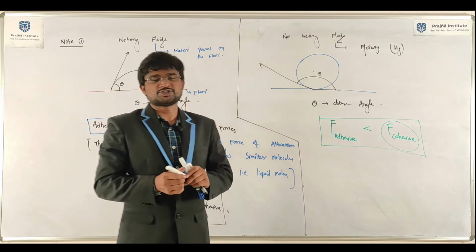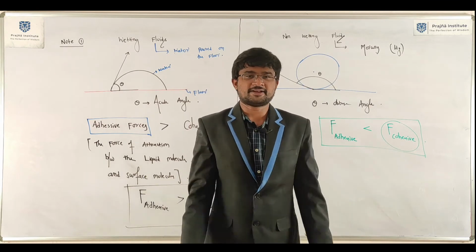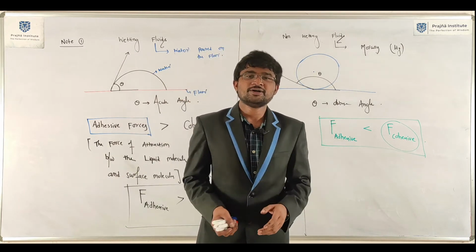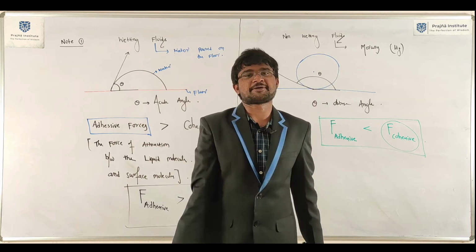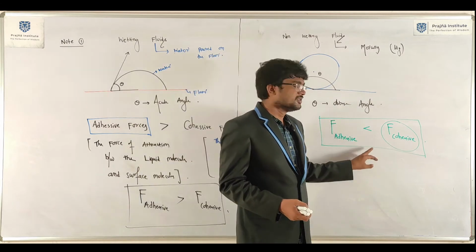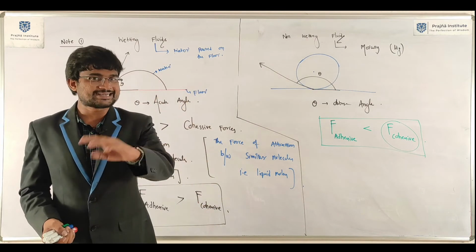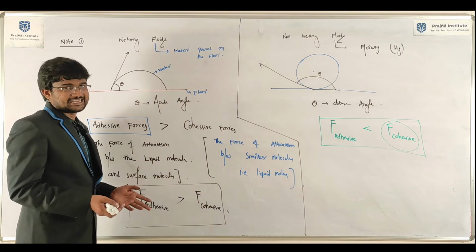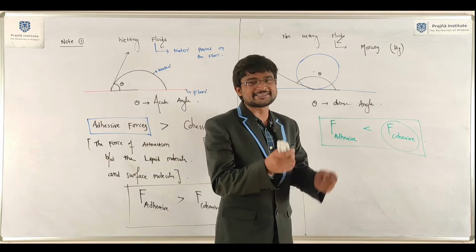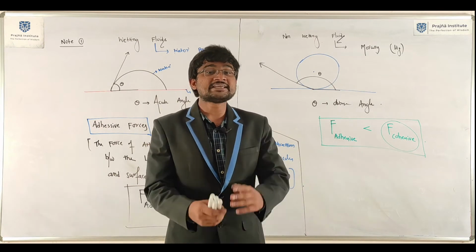Some covers, once you pour water or something else, if you play like this, what will happen? It can dance like anything. So that is the non-wetting fluid. Those droplets will dance on the paper. What the reason is, is important. What is the reason for wetting action? With some combinations of fluid and surface, wetting action takes place. In some combinations wetting action is not taking place. This dancing business is coming. Those droplets are dancing on the paper. What is the reason for that?